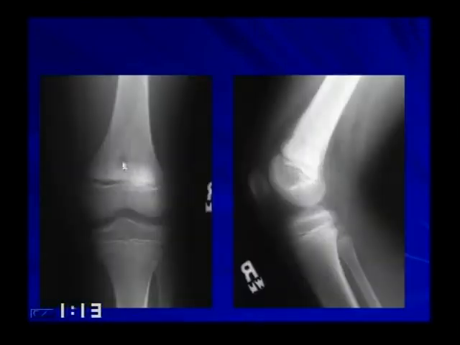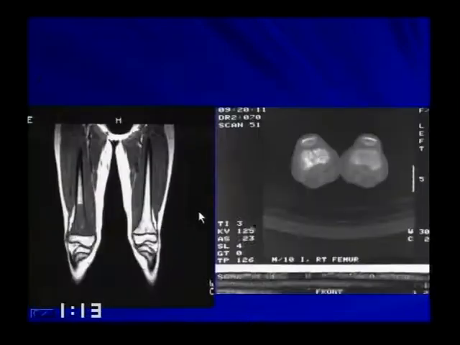Here's a young patient that comes in with dense metaphysis. It's, again, an osteogenic sarcoma unless proven otherwise. What can you do for this patient? What's the extent of the lesion? You do an MR, and you can see this is where you're going to have to cut off the femur. Can you save the growth plate? No.